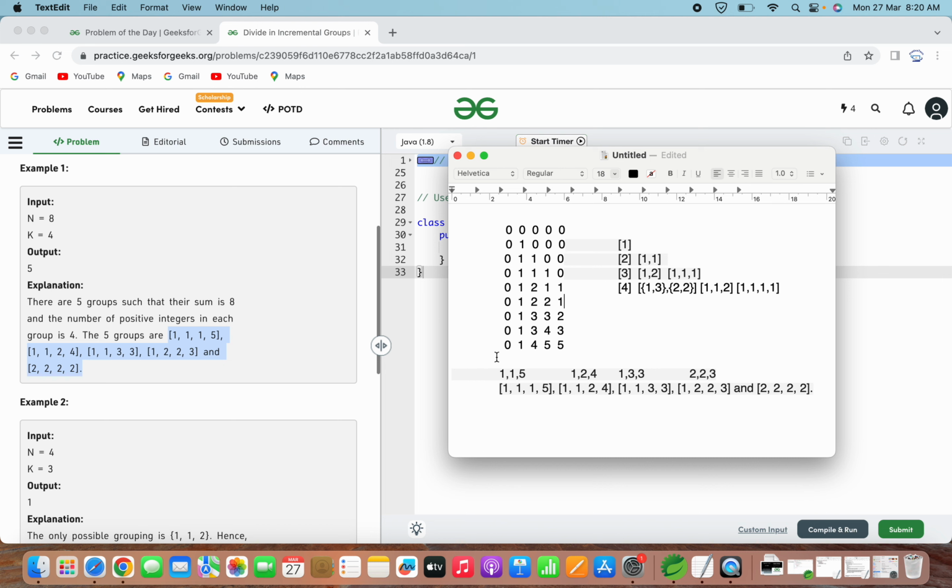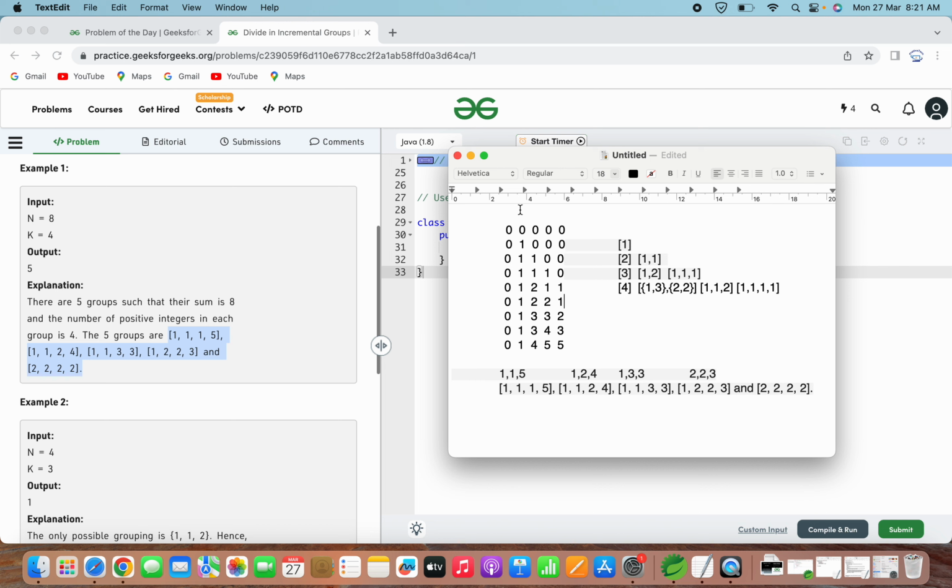So now, what does it indicate? The way I just said, the row will indicate the number, that means the given input n. Suppose n is equal to 1 and k is also 1.